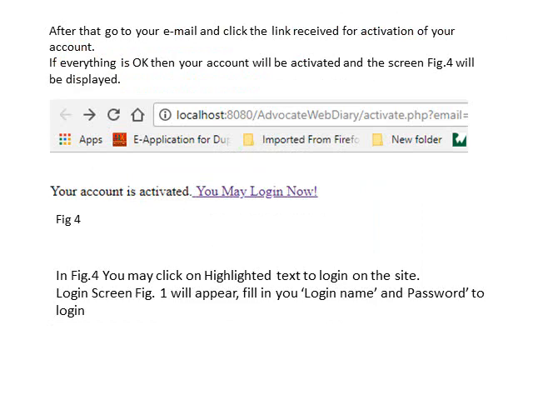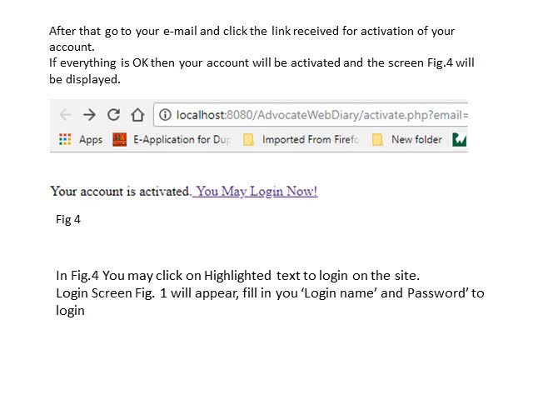After that, go to your email and click the link received for activation of your account. If everything is okay, then your account will be activated and screen figure 4 will be displayed, which shows that your account is activated. You may login now.